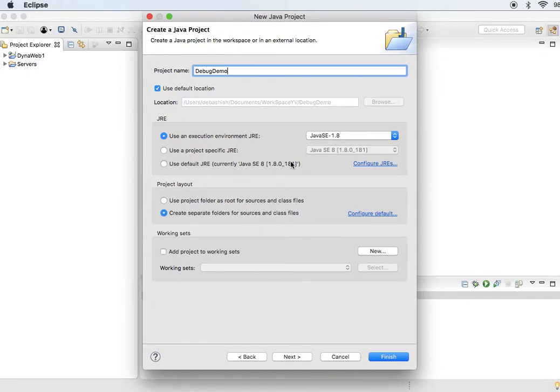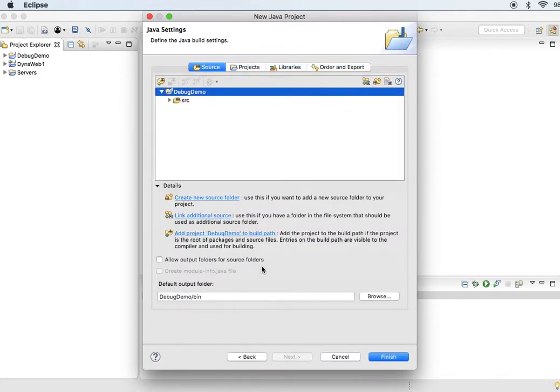So rest of the things no need to change. I'm going to use Java SE 1.8, which is already installed in my machine. So I will keep it as it is. Then click on next. Then here it is going to create a folder in my project named as SRC, stands for source.